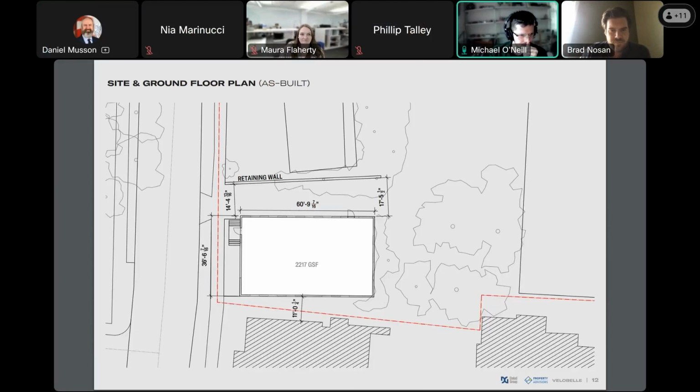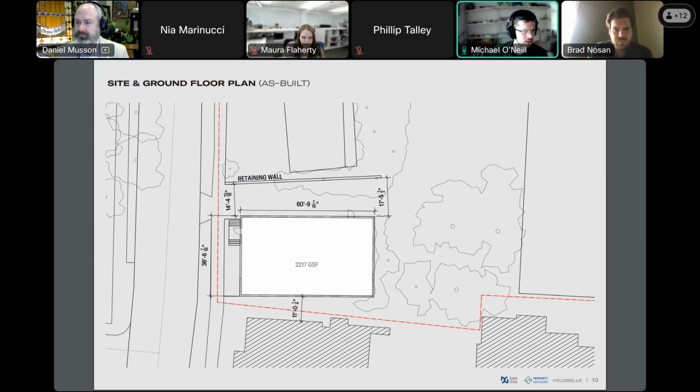All right, so this is the existing condition. We have this drive lane and then this kind of awkward stair situation right in front that's not really usable. But that's the area we see as being converted into this usable porch that you enter out onto at level with the floor on the interior. It's a few feet above the sidewalk. So we'd like to introduce a stair that you can get to right from the sidewalk there, because we see that as being the main entrance for whichever tenant goes into this space.